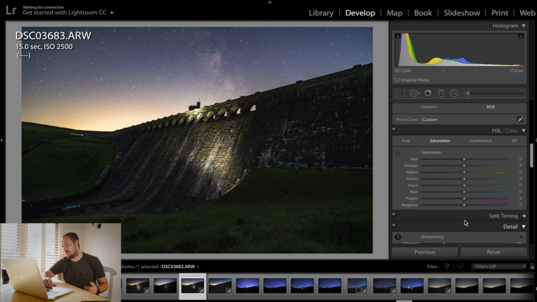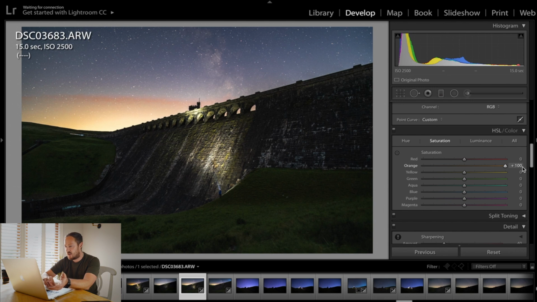Now, the next sliders are all about the different colours in the image, and if you want to increase the individual saturation of them. So not increasing the saturation across the whole image like we were looking at with the sliders before. I'm just in this instance going to pick my oranges, my yellows and what have you. Now, how I used to do this was that I wanted to try and get rid of the light pollution as much as I possibly could, as if it wasn't there, so sort of turn it white. But what I've started to do is actually just embrace that light pollution and have it as part of the image. So for example, with this one, this light over here, I know it's going to be orange,